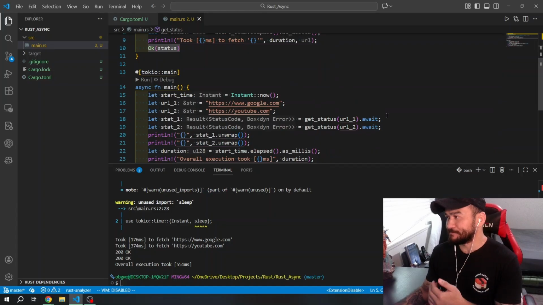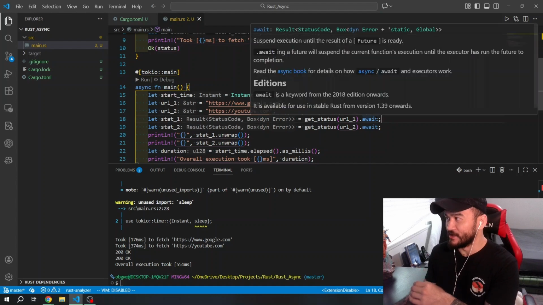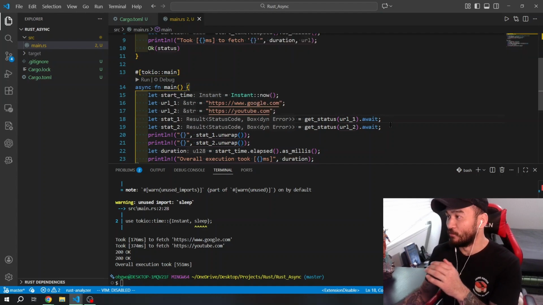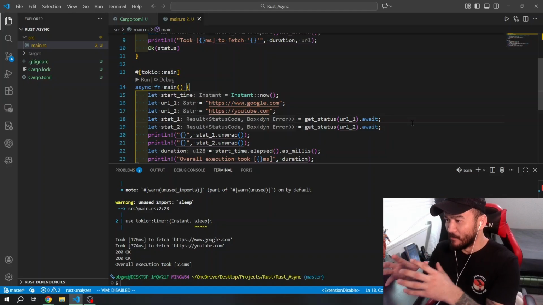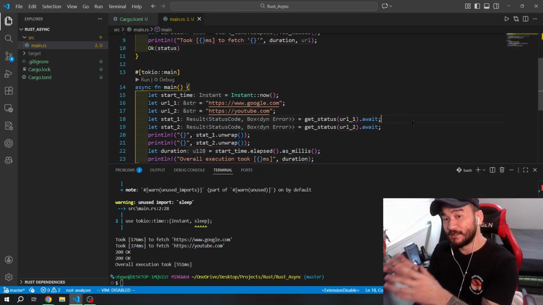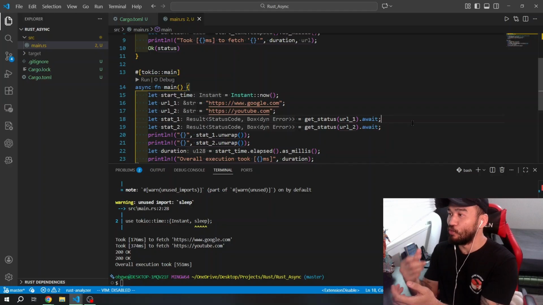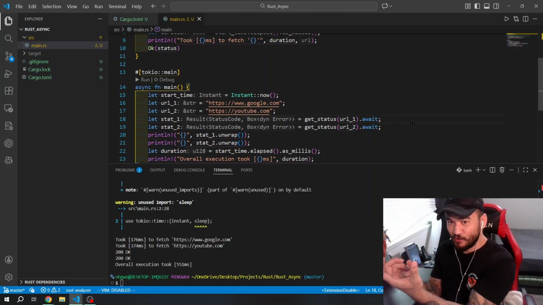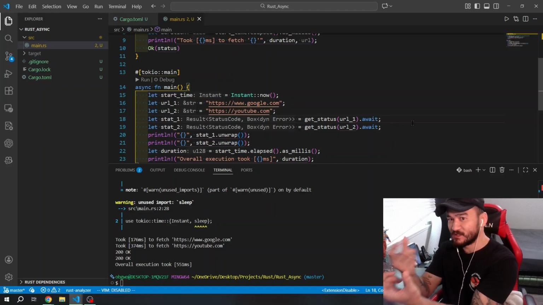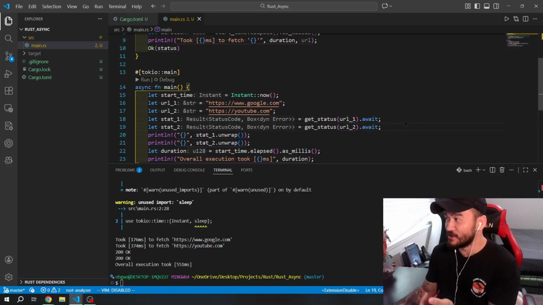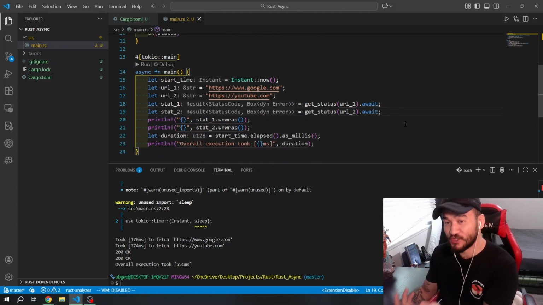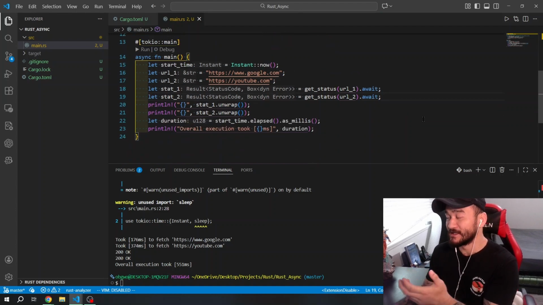Well, the thing is, whenever you are calling an async function the way that you're calling it right here, it doesn't have a runtime. A runtime is basically like the orchestrator, like the main boss. It basically oversees all of the asynchronous functions, so it's the manager. It knows when to stop executing one piece of code and check on another, and just keeps going back and forth. It knows when to poll which future. Right now, you're calling two asynchronous functions, but without having an orchestrator, without having a leader, basically a runtime,